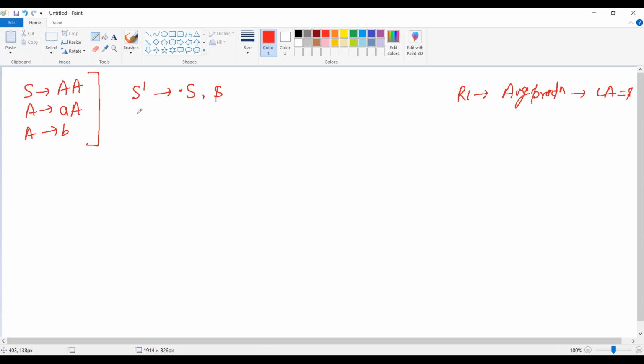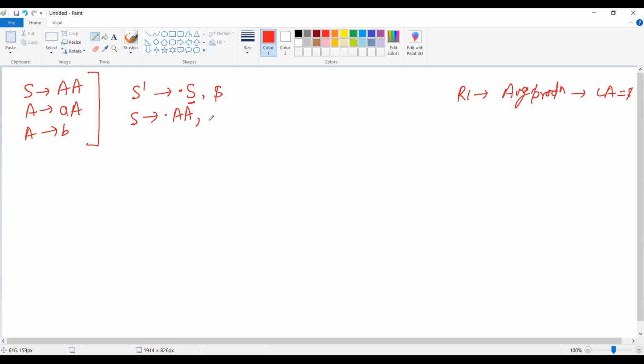So we can see that capital S is a non-terminal and dot is before that. So I am going to add the LR1 item, which means I will apply the closure operation. So I'll add the LR1 item of S. Now, how do I add the LR1 item? First of all, I'll create the LR0 item. Now I need to attach the look ahead after this. So what is the rule of look ahead after the augmented production? Whatever production you have added because of the closure of S.